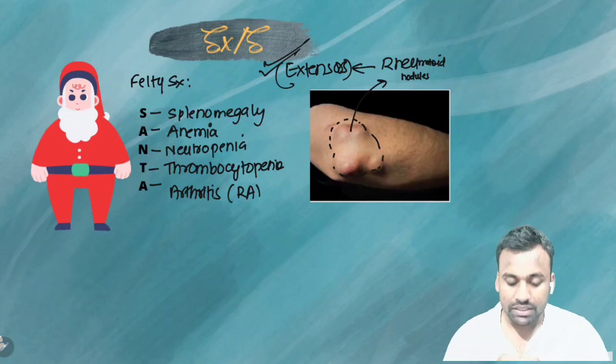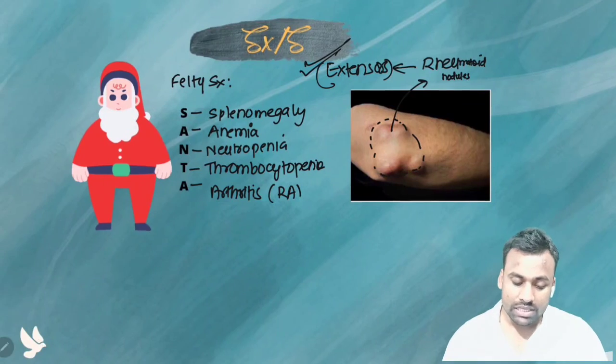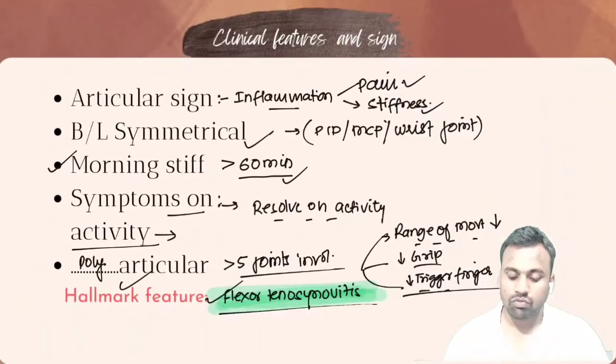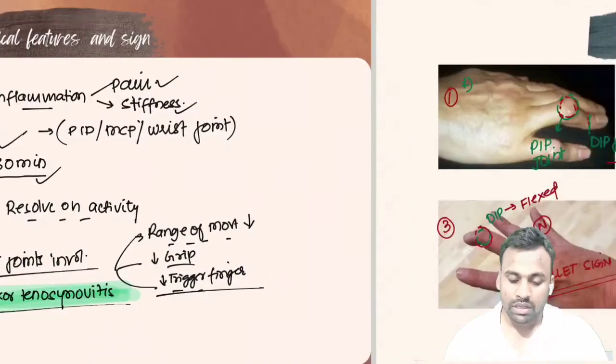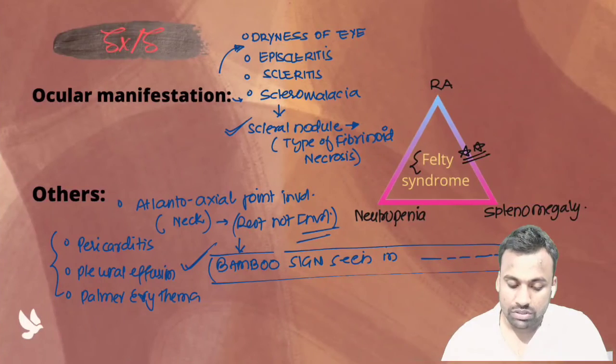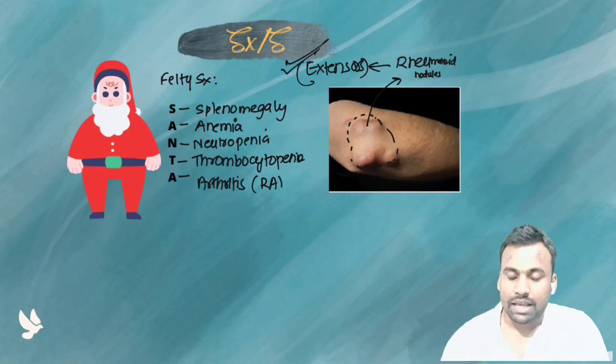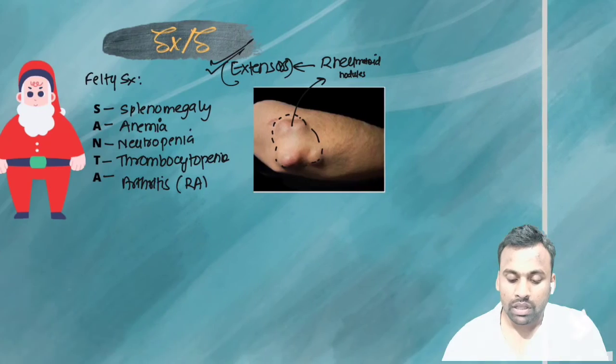These are the main signs and symptoms of rheumatoid arthritis. These are the clinical features, along with some extra-articular manifestations: if it involves the heart, it can cause pericarditis, pleural effusion, and palmar erythema. And the other signs and symptoms are those of Felty syndrome: splenomegaly, anemia, neutropenia, thrombocytopenia, and sometimes the patient may have arthritis. Okay, and at last